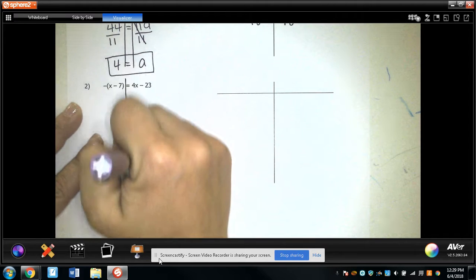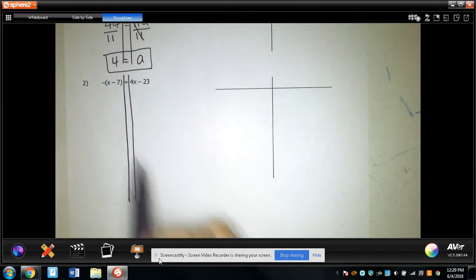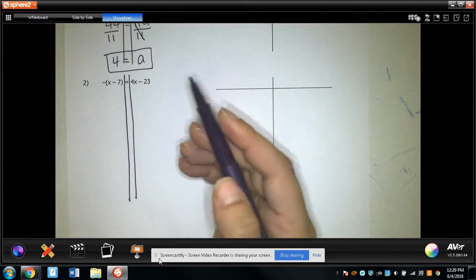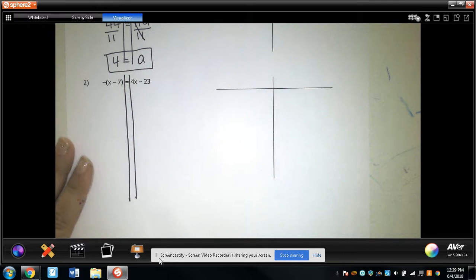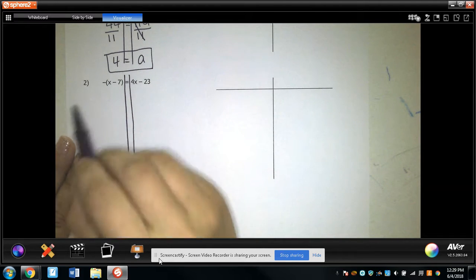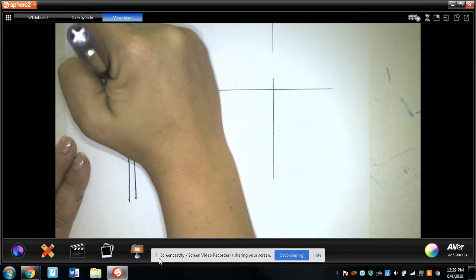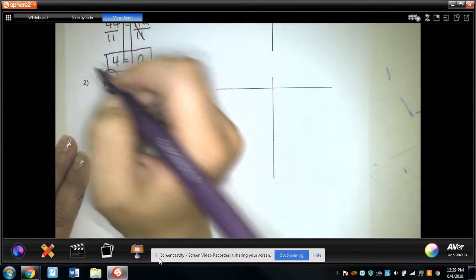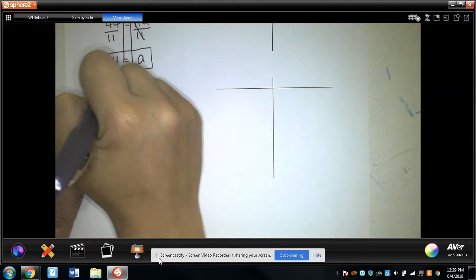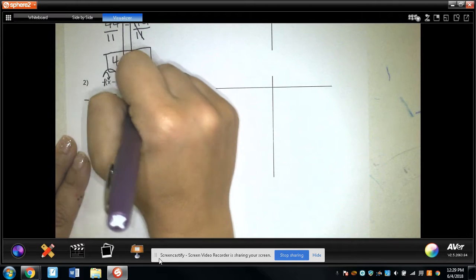I'm going to start by splitting my equation down right at the equal sign. And I see that over on this side, there's a little bit of a distribution that needs to happen. There's a negative 1 in front of the parentheses. I know you only see the negative sign, but that means that there's a negative 1, and we have to distribute the negative 1 to everything inside of the parentheses. So that's going to give us negative x plus 7, because a negative times a negative is a positive, equals